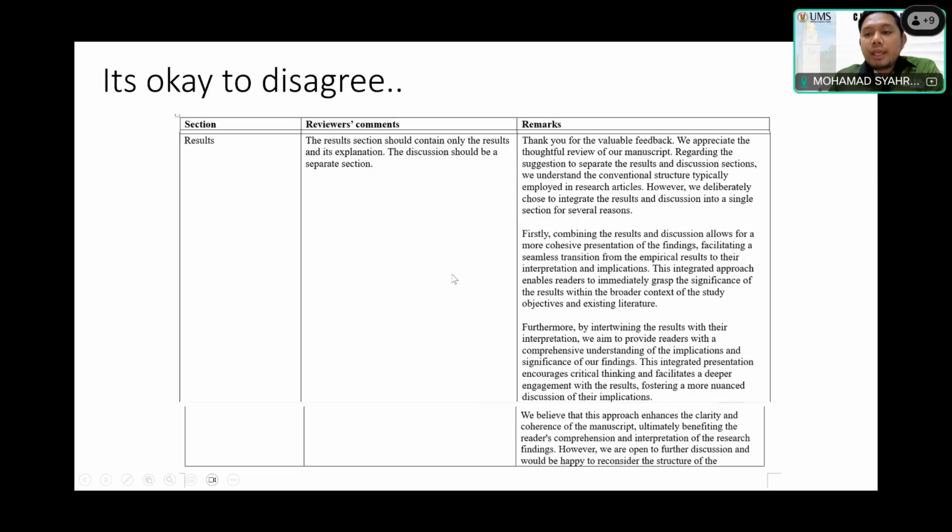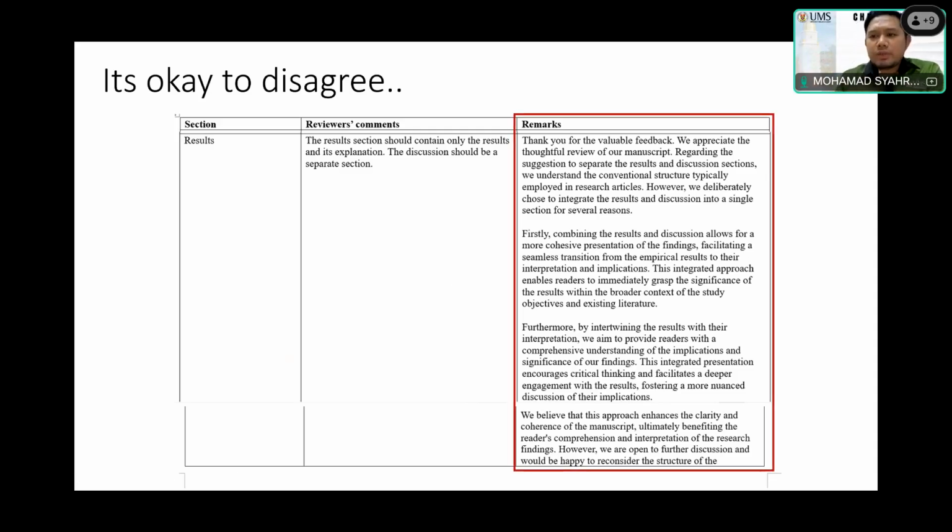So it's okay, like I mentioned, it's okay to disagree, maybe because with your research, you have better knowledge on this, and maybe you use different methods, or the reviewer is not really into your method. You can say something like this: thank you for the valuable feedback, we appreciate the suggestion regarding this. This is the room for clarification. Because